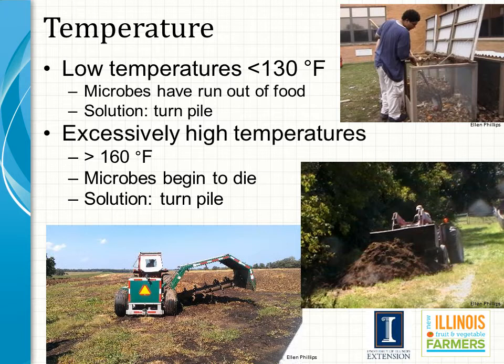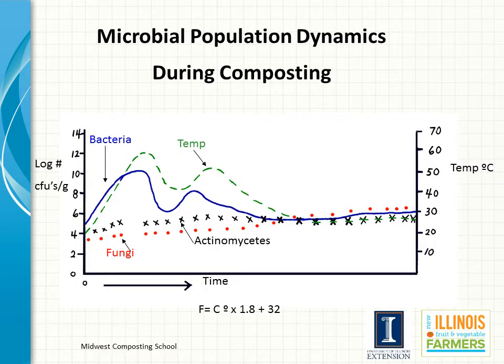When the pile cools down below 130 degrees, it's a sign that it's time to turn the pile, and this gives more food to the microbes, and it should heat right back up. Excessive heat above 160 degrees can actually kill off the microbes that you want for decomposition, and so therefore, again, the pile should be turned. The hot composting system is doing well if the pile goes through numerous heating and cooling cycles as you turn